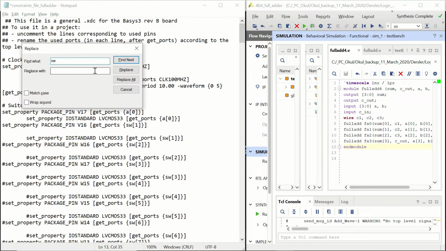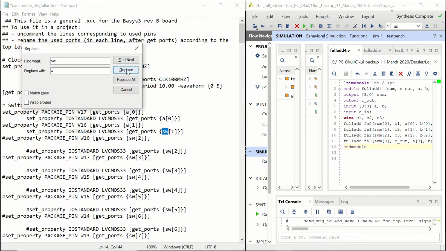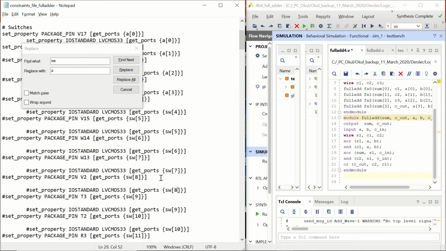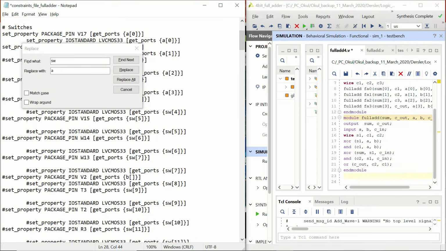Let's find switch and let's change it with A, until the end of switch 3. That's okay. And remember that for input B, we were using the switches from 8 to 11, so we are going to replace it accordingly. So we will write B0